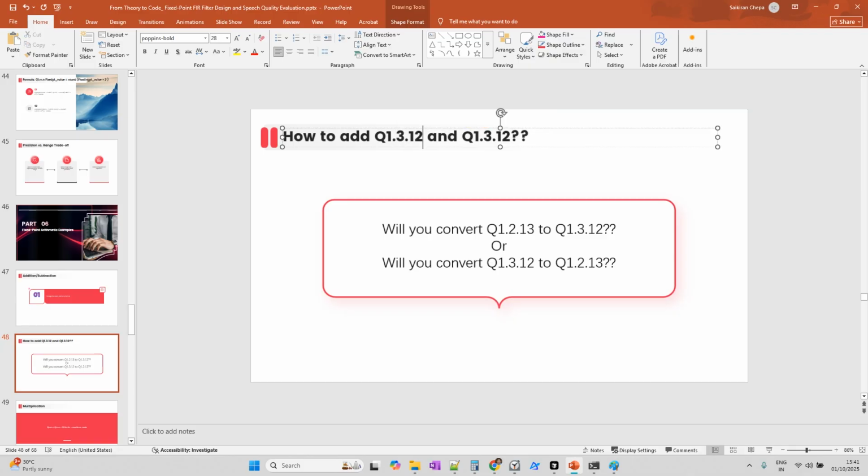3.12 format. Now the problem is, previously what was it? 2.13. 13 means the precision bits were more, but we have made it 3.12. One precision bit we have lost. Okay, so we are losing precision, right? If you don't want to lose precision, then what we have to do is